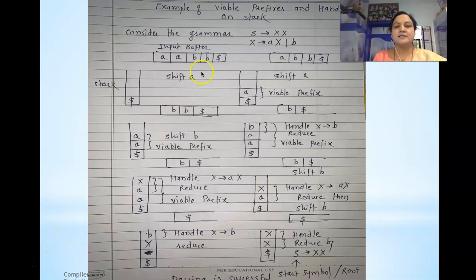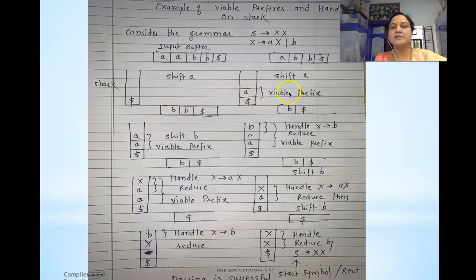Consider the same grammar: S tends to XX and X tends to AX or B. How exactly does shift reduce parsing take place? See here with the example. Initially the stack is empty, only $ is available on the stack, and the input to be parsed is the string AABB. The end of the input string is also $. Initially there are no contents on the stack, so we just shift the input onto the stack. A is shifted onto the stack. After the shift, this is the position of the stack,